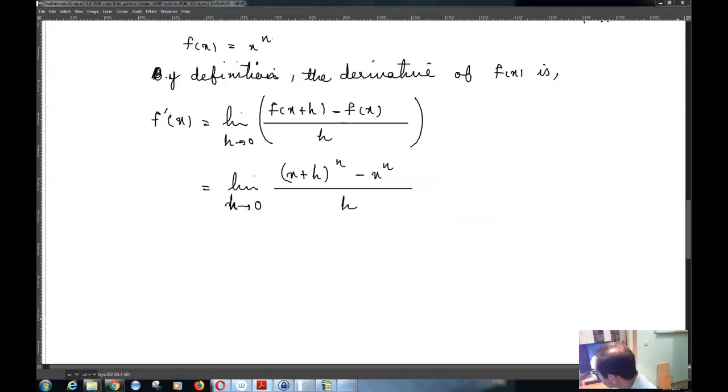So now, based on the binomial theorem, you know the binomial theorem and the whole basic concept of combination and permutation and so on, we have, based on the binomial theorem,